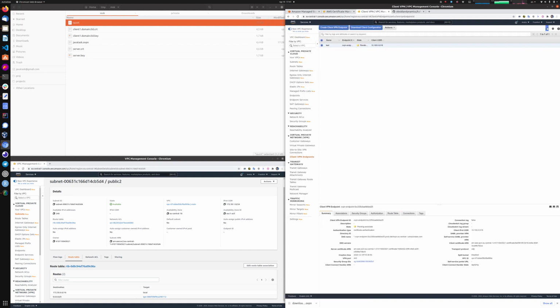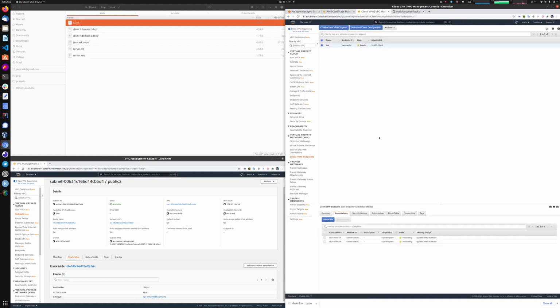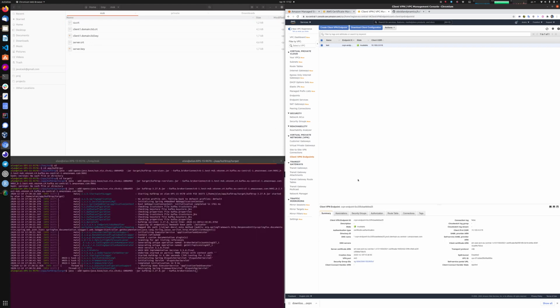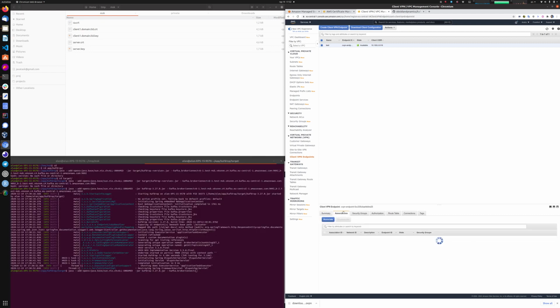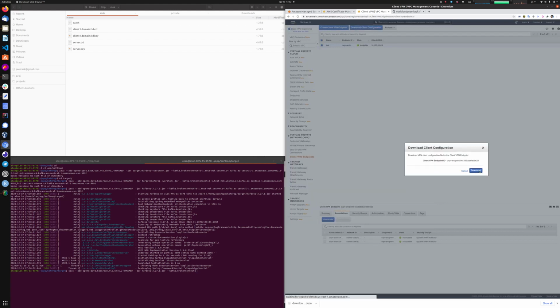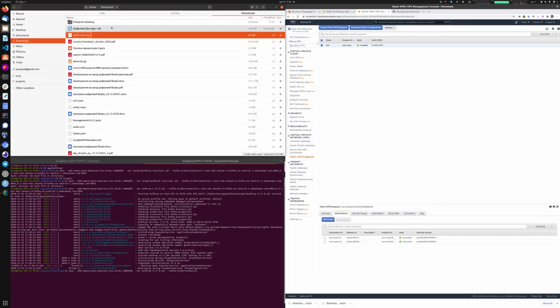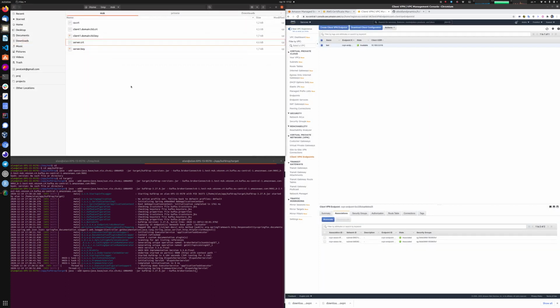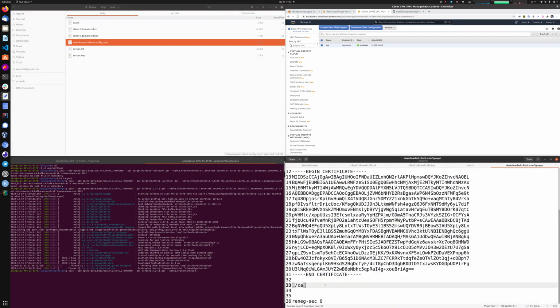We will need to wait until the association of the network is ready. There will be some magic. Right now we have the association active. It took about 10 minutes to enable the association for our endpoint. So right now we will download the configuration. This configuration needs to be adjusted. So we will copy it here and open it with a text editor, and we need to add here the